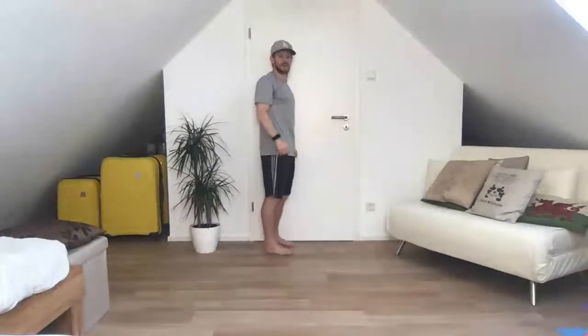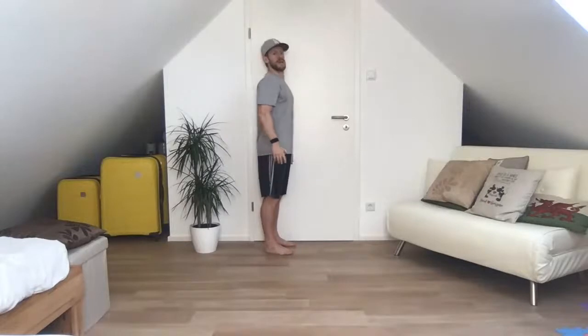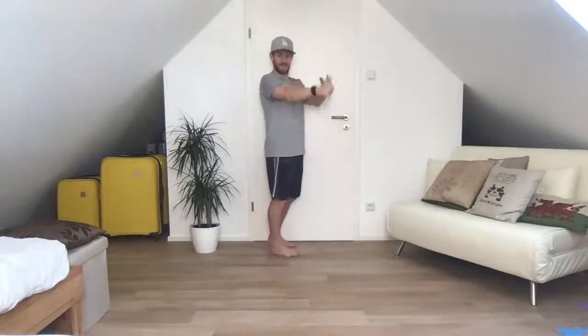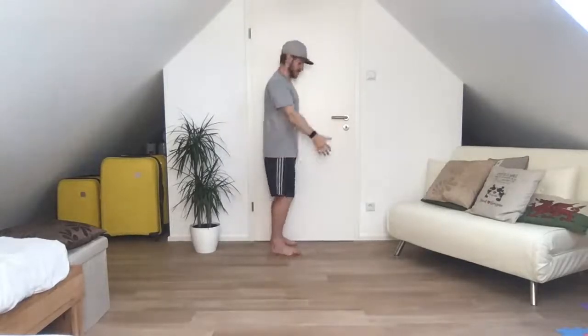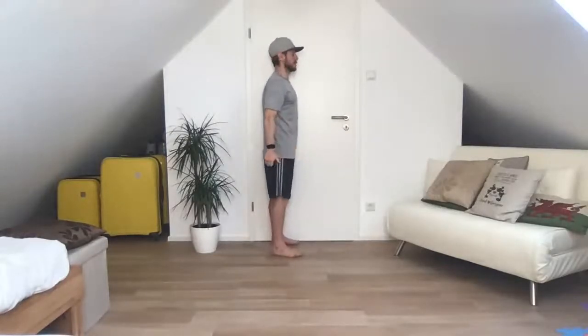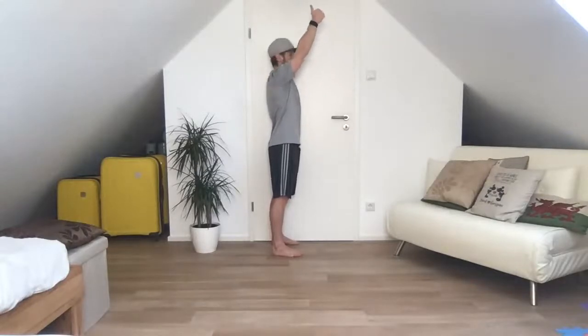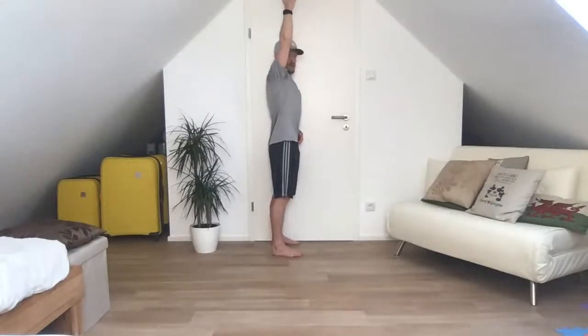Big arm circle. It helps you to get some purchase on the wall so you can get some tension, almost like you're pushing into the wall. Thumb is going to lead the way. So in a nice upright, good posture position, we're going to raise that thumb through thick air slowly all the way up. We're looking at shoulder flexion, to lift the arm so that the bicep is in